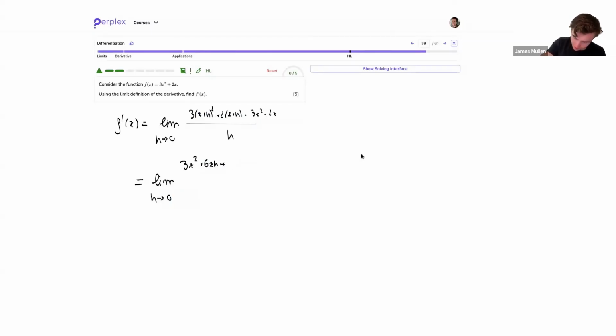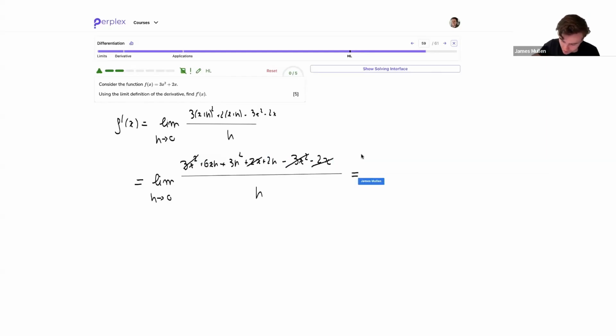3h squared plus 2x plus 2h. And then that is being multiplied by, I'm subtracting 3x squared minus 2x and dividing all of that by h. Okay, so that's all being divided by h. Let's cancel the terms that show up. So 3x squared with negative 3x squared, 2x with negative 2x, and I'm left with the limit as h approaches